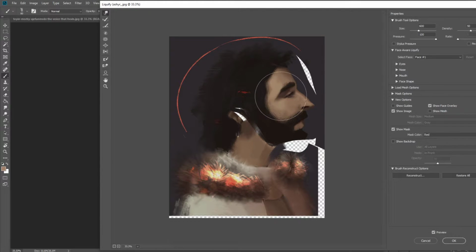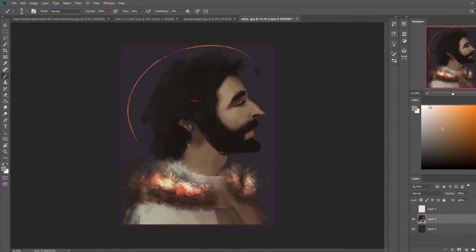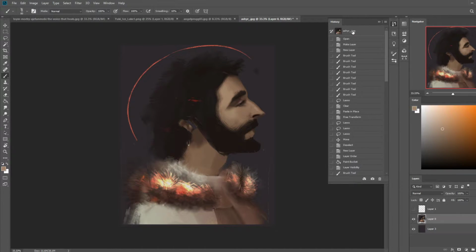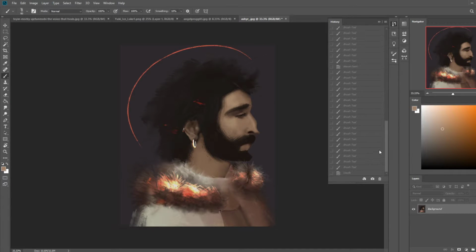So I'm just going to bring in a little stylistic droop right there into the eye, just to make it feel like the head is lifted and tilted away from us, and that'll give that chin a bit more strength. When a man has a beard, the chin is lifted up a bit. Give him an Adam's apple as well. Don't forget that. And then bring down that cloak. All right, so big changes, and I think it's really helped the character along. And let's just take a look at the before and after. So before, see how he feels all jumbled up and kind of stuck in one spot.